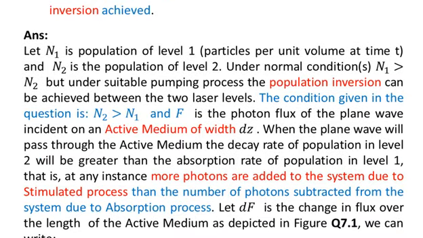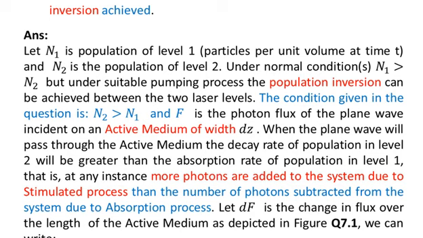Answer. Let N1 be the population of level 1, that is, the particles per unit volume at time t, and N2 the population of level 2. Under normal conditions, N1 is always greater than N2, but under a suitable pumping process, population inversion can be achieved between the two laser levels. The condition given in the question is N2 is greater than N1. So it means that we have achieved the population inversion in this case, and F is the photon flux of